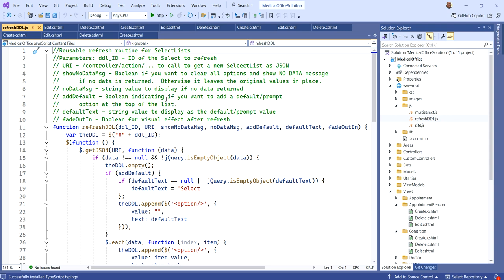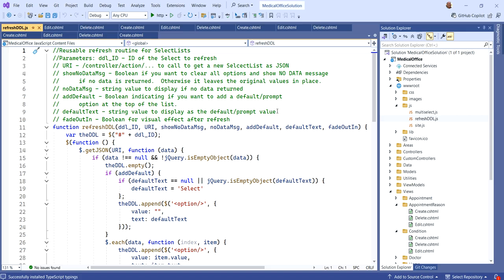The next pair is even more useful. A Boolean indicating if we want to add a default prompt at the top, okay? So we can have a default text. That's where you might be getting fresh data from the database, but you need to add maybe 'select a whatever' at the top of the drop-down list. So that's how you can easily do that. The last one is just for fun, fade in and out, true or false. It just gives a visual effect of having the UI element itself kind of fade away and back again in a very short period of time, but it draws the eye to it